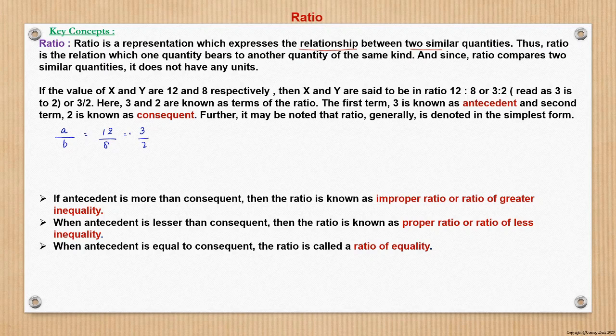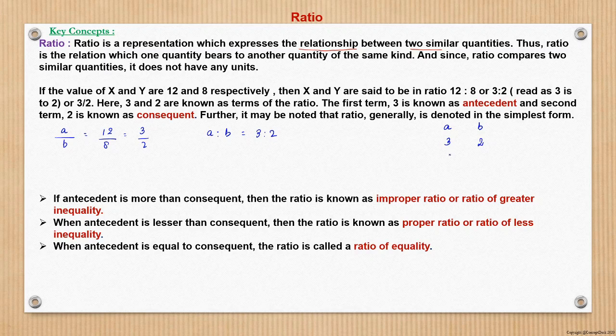This means that if A is 3 units, I mean this is in fraction terms. This can be converted to ratio terms in A is to B. We read this as A is to B is equal to 3 is to 2. So it shows that if A is 3 units, B will be 2 units. When I say unit, A can take a value. If A takes a value of 3, B will take a value of 2. So what are the possible values which A and B can take from this ratio? If A takes 3 units, B will take 2 units.